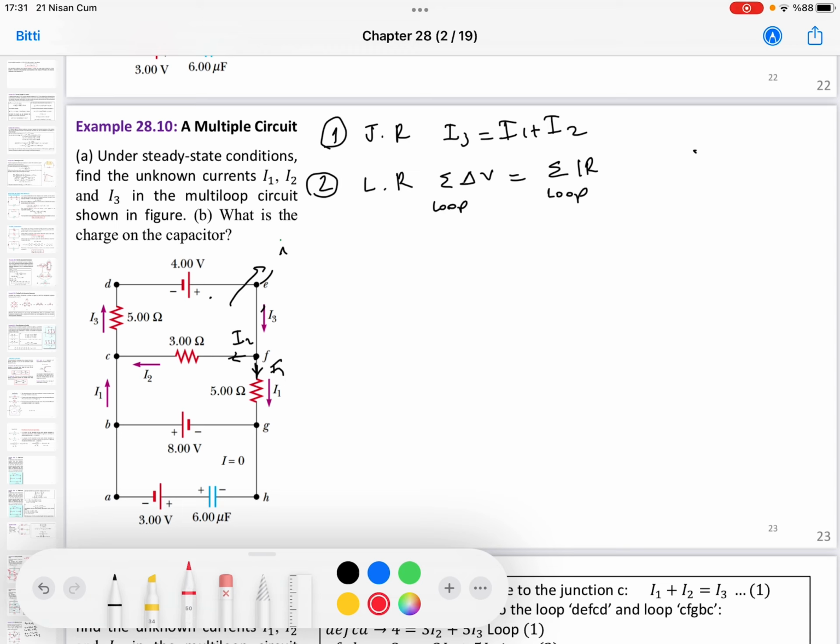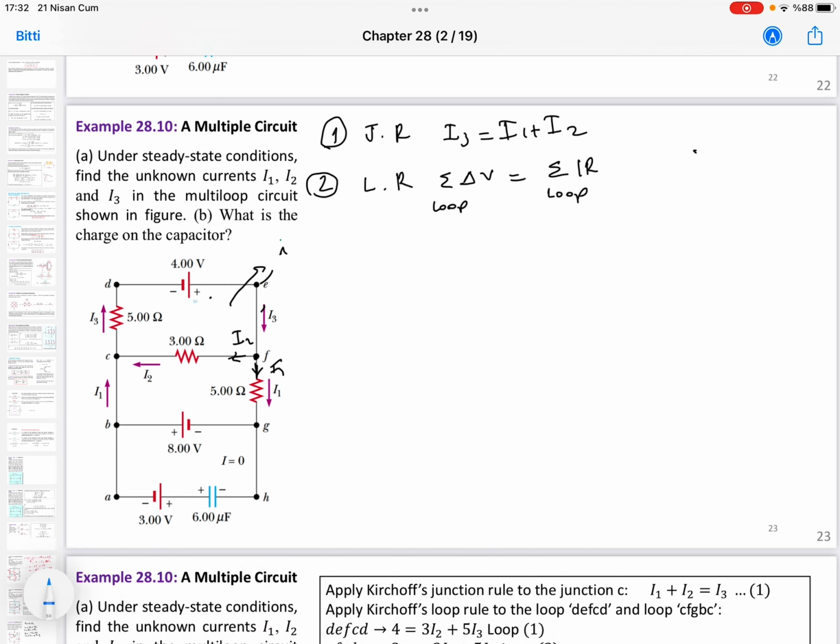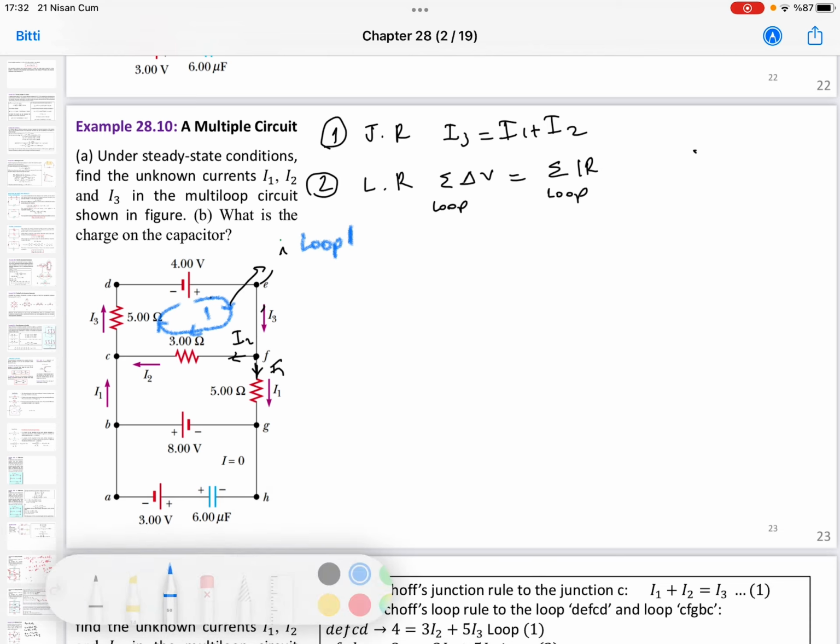I will make a loop. I can start from the positive sign, and then I will continue. We will complete our loop. Okay, this is my first loop. So I will start with loop 1. Say loop 1. So in loop 1,